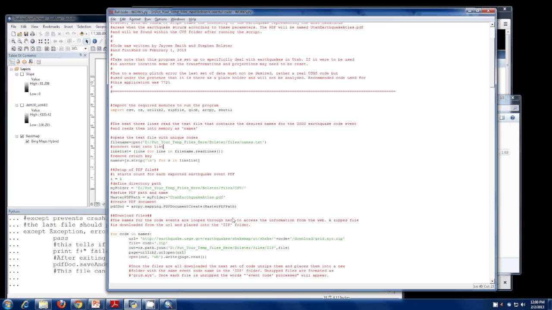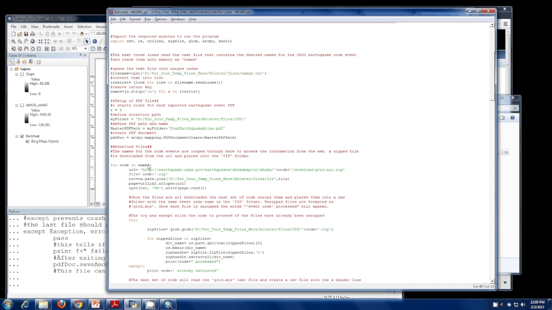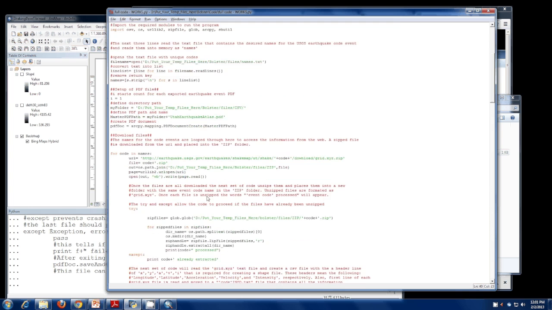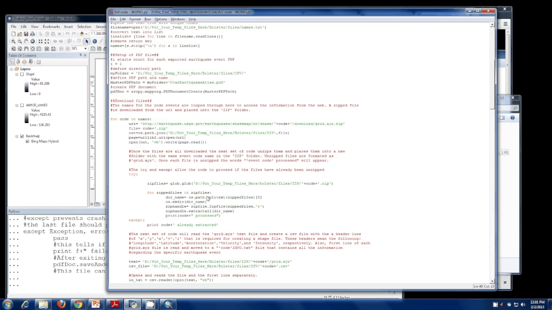Moving right along, we start a loop which calls names from that list earlier, and it loops through every code. Here we start to download the data. We access the website, insert the code name, which gets us the URL correctly, and we open up the page and write it out to this file right here. Once that is done, we need to unzip all those files because they all come out in zip files. So we access it through this glob, and after that we run another loop through those globs and we unzip